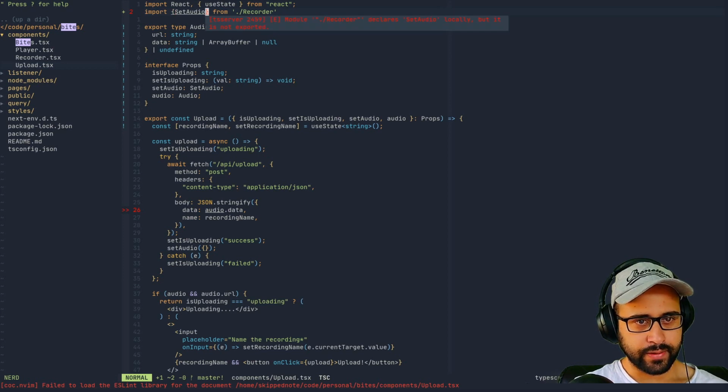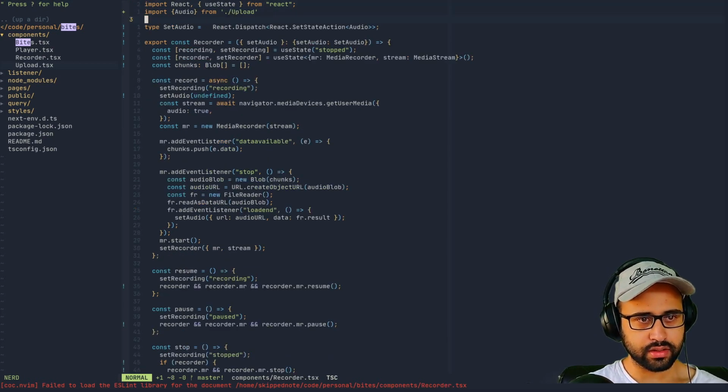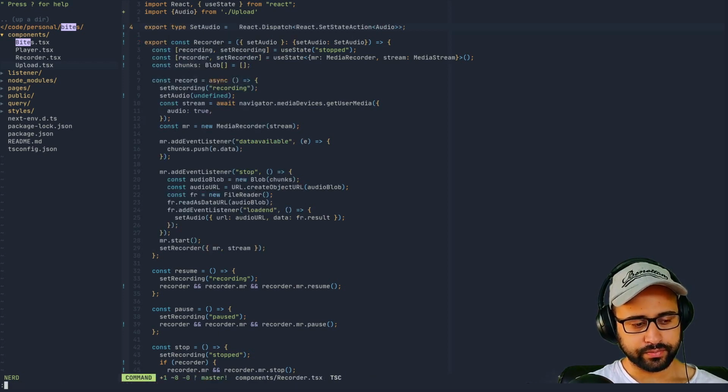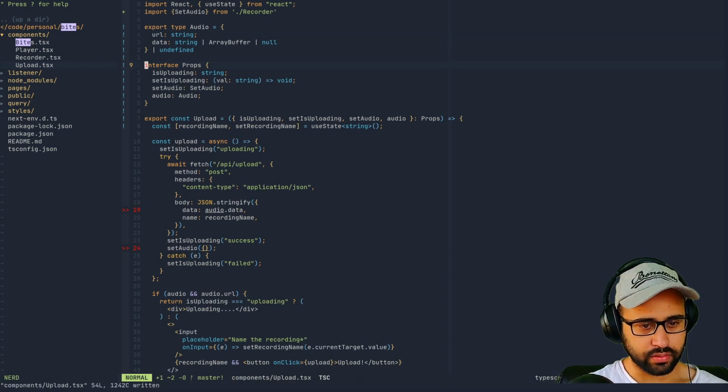Okay, why are we using set audio? Yeah, because this set audio is not the correct, no, it should be the correct one, but I'm not sure if it's defined there. It is, it's just not exported. So going back to upload, more errors.